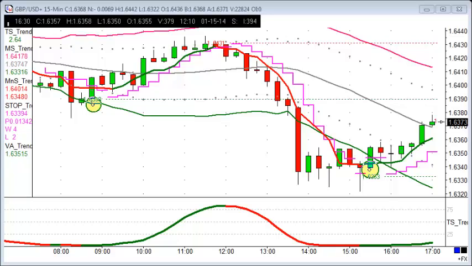Some interesting moves on today's sterling dollar chart. Actually, really one of the biggest, most traded markets going. And what we've had is probably three good, solid trading opportunities today on this market. So let's get into a little bit of detail on those, because what I want to go through first